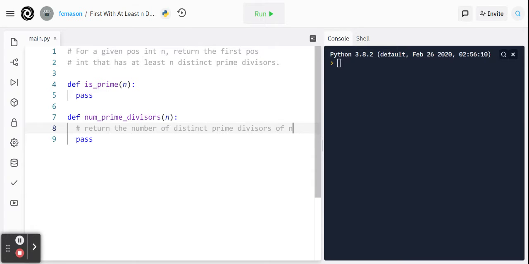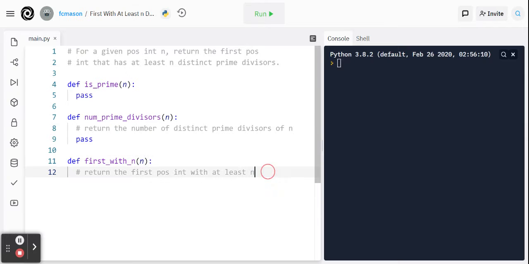Okay, so we'll also write a function then to return the number of distinct prime divisors of n. And then finally, we'll have this function, which, what should we call this? First, how about this? First with n. Okay, and it'll take some input number, which perhaps we shouldn't call n, because we've already given a name for n in the name of the function. So let's see. So return the first positive integer with at least n. Oh, no, actually, I don't know why I decided to call that m. We should definitely call that n. With at least n